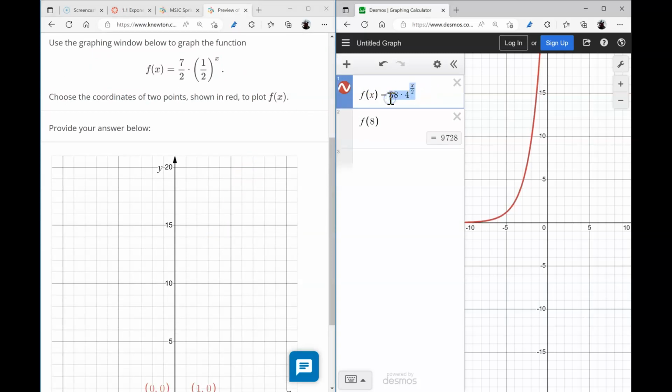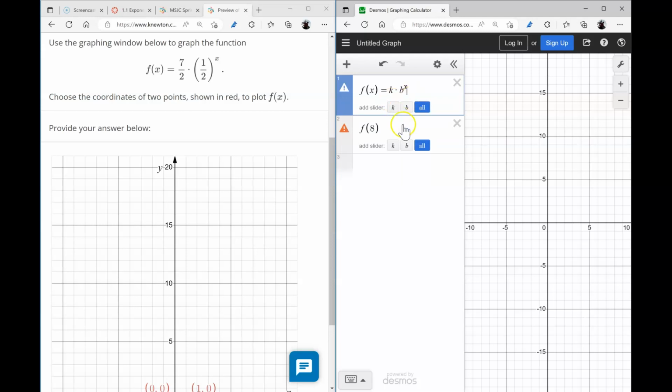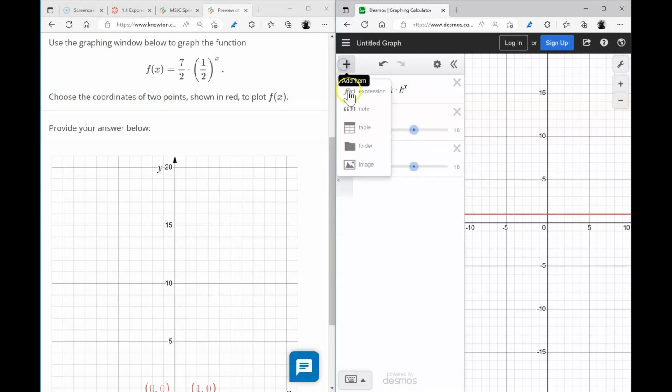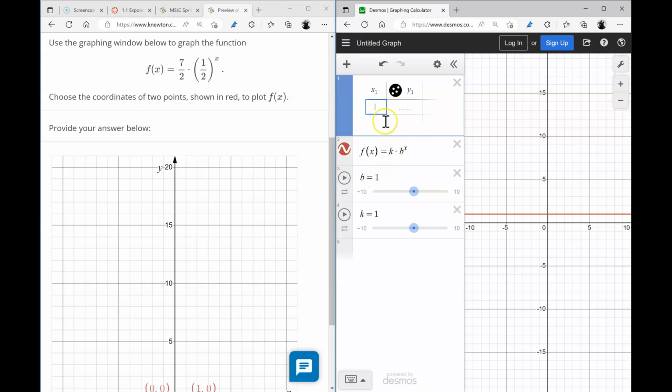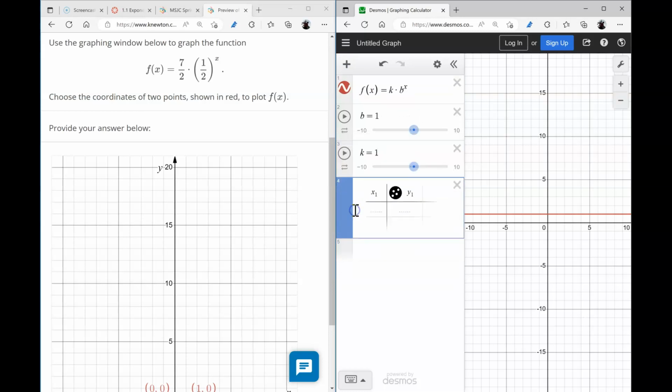Similar problem, right? So at this point, maybe we should start noticing some patterns. So when we have k times b to the power x, regardless of what k and b are, we should understand the properties of all exponential functions are such that we pretty much know what the y-intercept is and the output of the function at 1. The y-intercept is always your coefficient k,